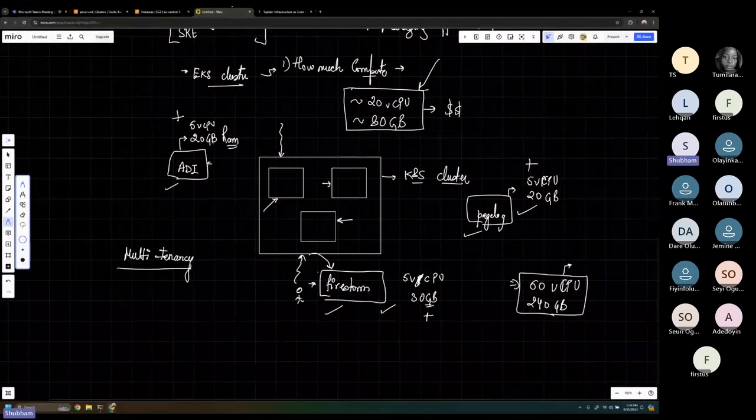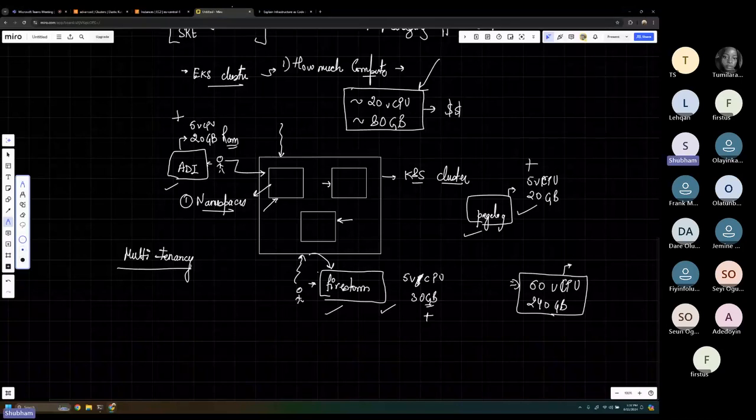Just like you live in a building, you might have your own apartment on the first floor. You can go to your apartment. You can use your apartment, but you cannot use somebody else's apartment, even though it's the same building. So you have to make these separations on the cluster. And the way we do that is we use something called namespaces. A namespace in Kubernetes is kind of like a virtual project where you can give people